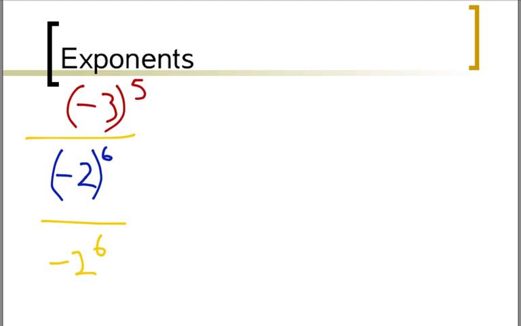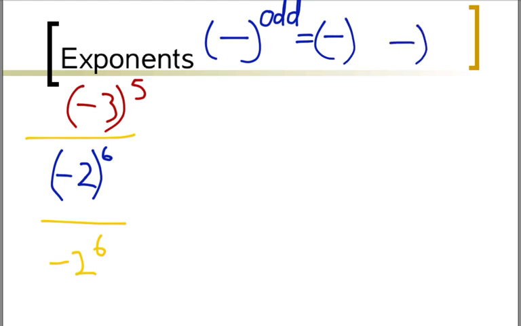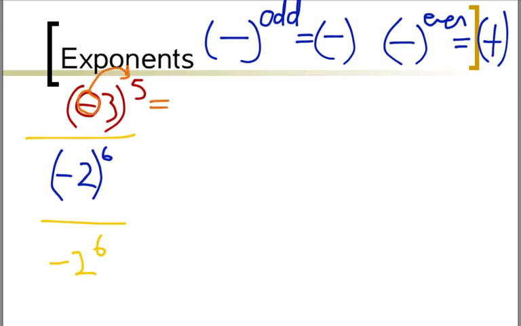Alright, now we're going to take a look at how negatives affect these. And as I said earlier, if you have a negative to an odd power, you'll end up with a negative answer. If you have a negative to an even power, then you'll end up with a positive answer. So we're just going to take advantage of that with these problems. So here I've got a negative being raised to an odd exponent, so my answer is going to be negative,